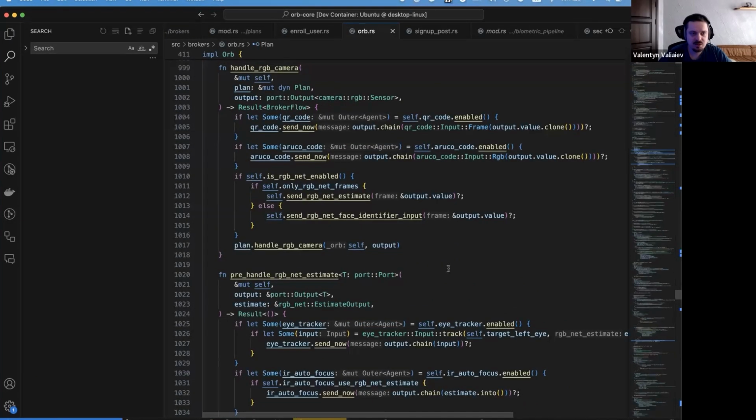The broker has multiple handler methods for each agent. For example, here is the handler for the RGB camera.